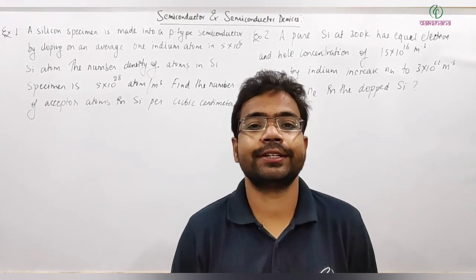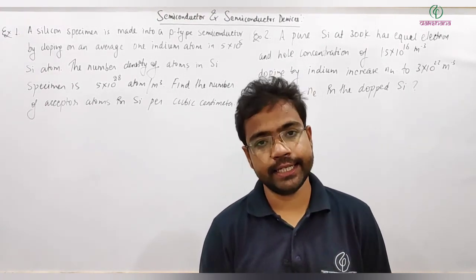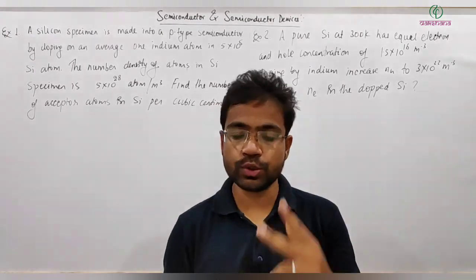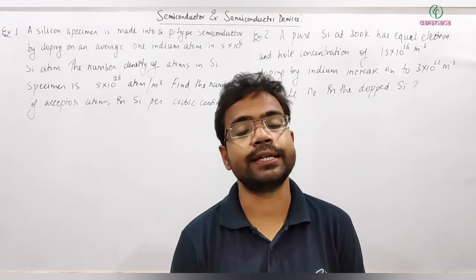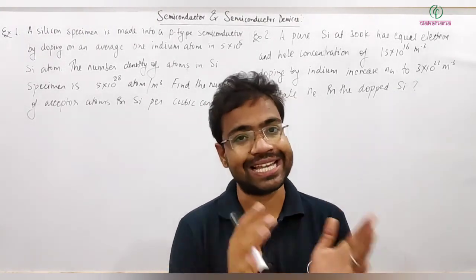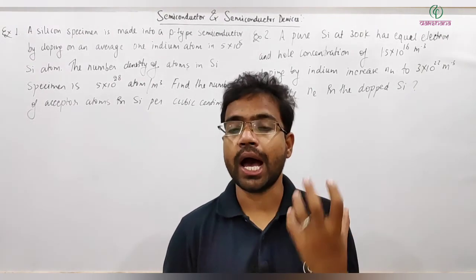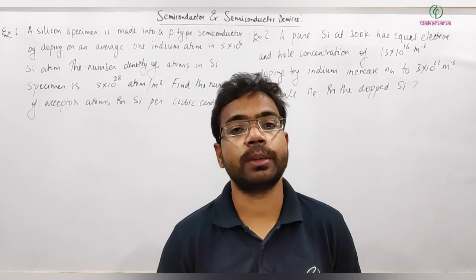So in the last lecture we talked about types of semiconductor, that is, basically we categorize semiconductors into two categories. One is intrinsic semiconductor, that is pure semiconductor, and another is extrinsic semiconductor. And we understood what exactly an intrinsic semiconductor is, and how intrinsic semiconductors basically conduct current. We talked about the